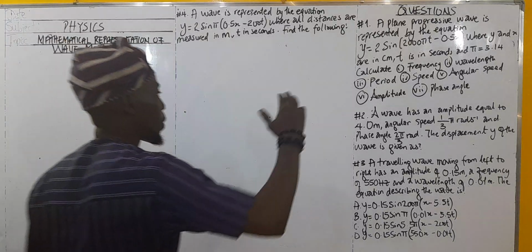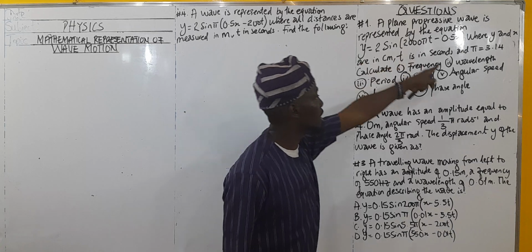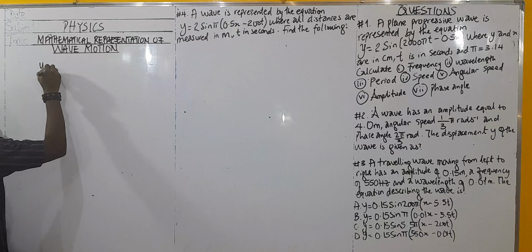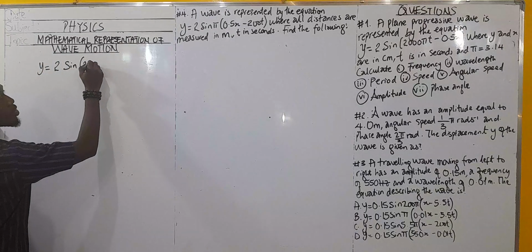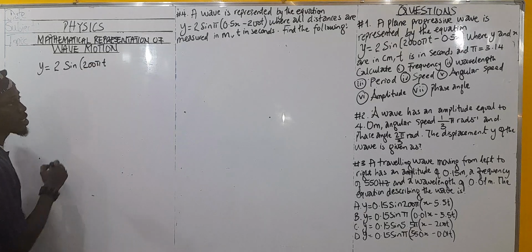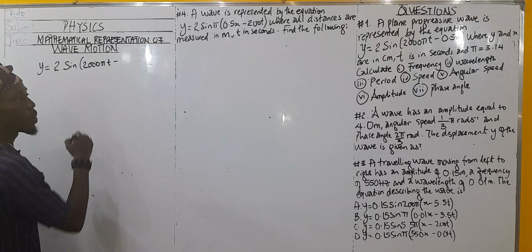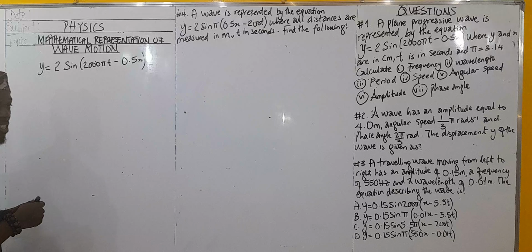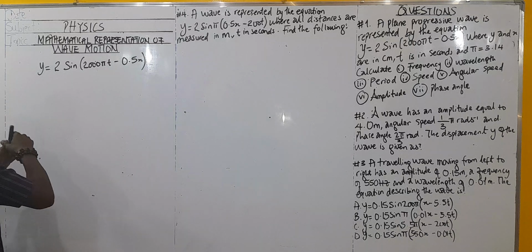Right, let's solve some questions. Now, a plane progressive wave is represented by the equation y = 2 sin(2000πt − 0.5x). The first thing you want to do is to write the general equation of wave motion, which